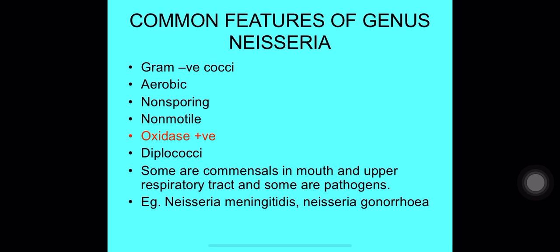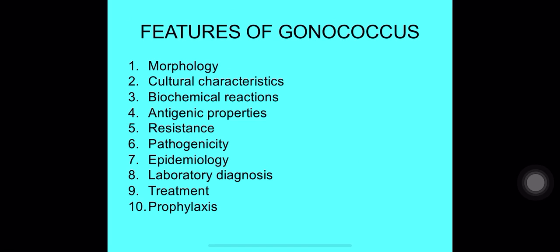They are oxidase positive. They are diplococci. Some are commensals in the mouth and upper respiratory tract, and some are pathogens. Examples of members of the genus Neisseria include Neisseria meningitidis and Neisseria gonorrhea. Various features of Gonococcus include its morphology, culture characteristics, biochemical features, antigenic properties, resistance, pathogenicity, epidemiology, lab diagnosis, treatment